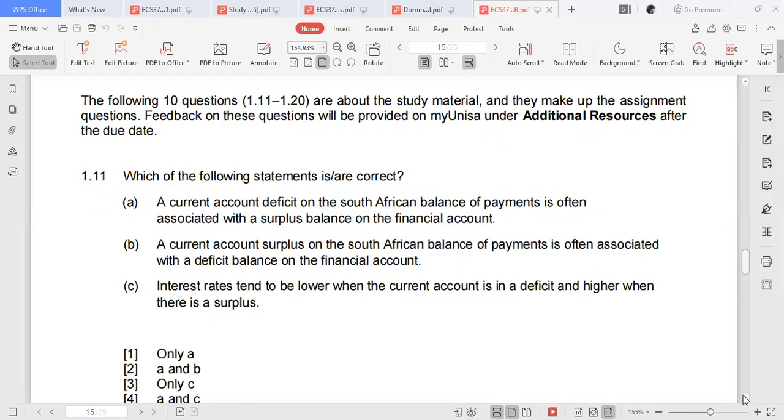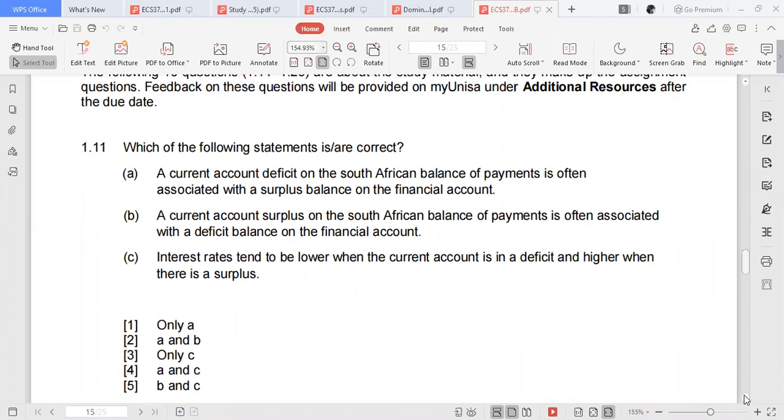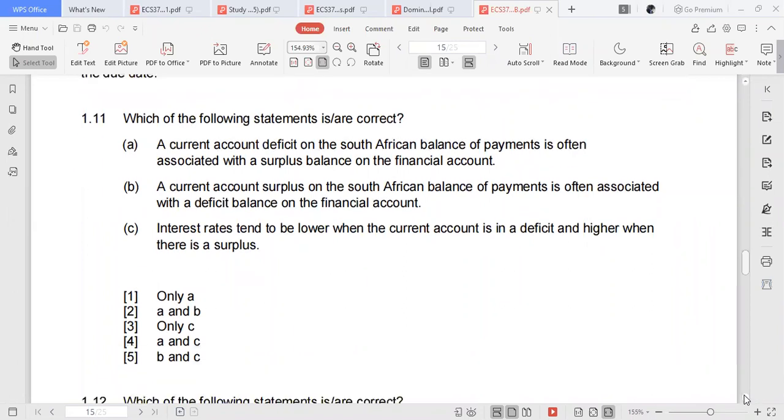So, question 1.11, which of the following statements is or are correct? We are looking for the options which are correct. It could be one or it could be more than one option. So the first one, which is option A,